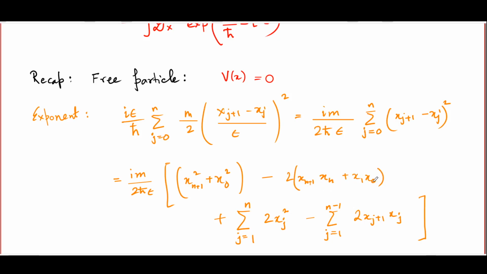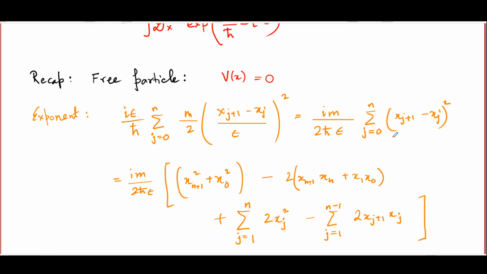These are of course not constants. xn and x1 are actually integrated. They do depend on the path. However, these terms are linear in the variables over which you are doing the integration. On the other hand, for all the other j's, that is from j equal to 1 to j equal to